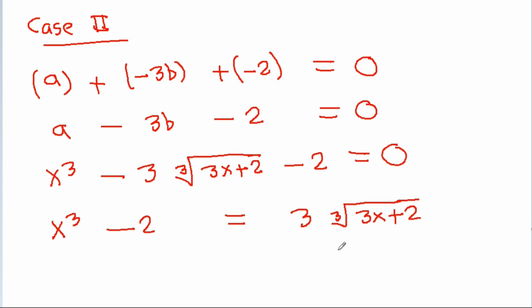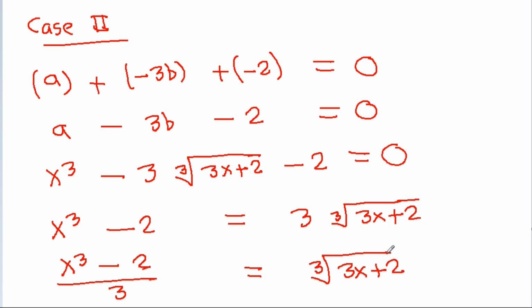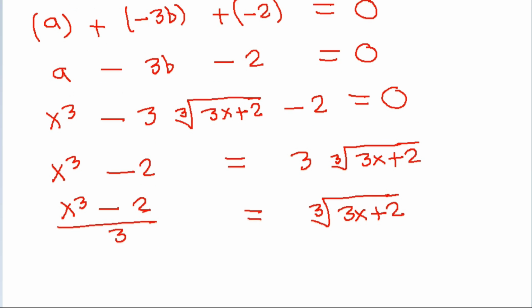And again, if we cube both sides, then we get an equation in x power 9. So we need to think about it in a different way. So we can get x cube minus 2 by 3 is equal to cube root of 3x plus 2,